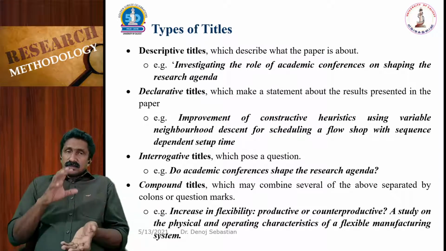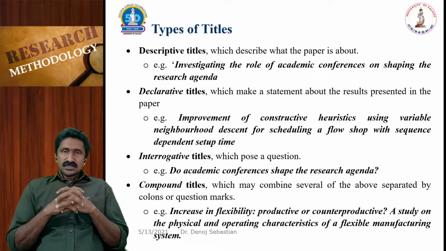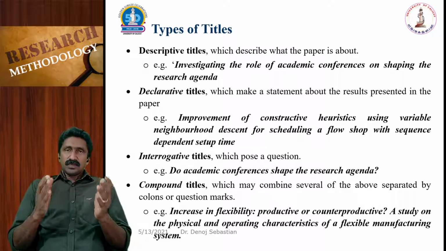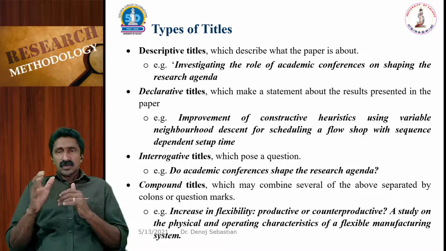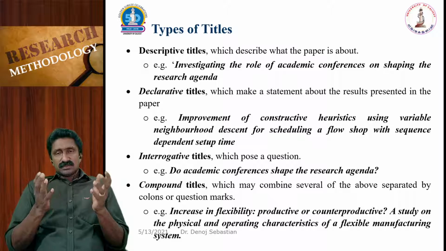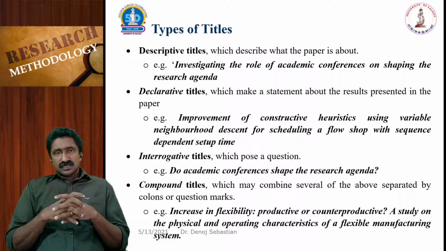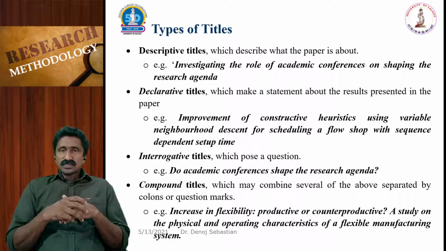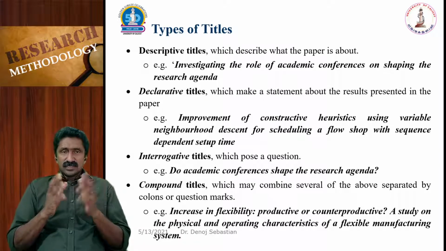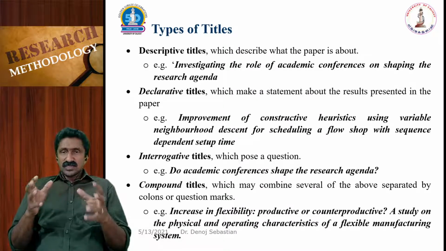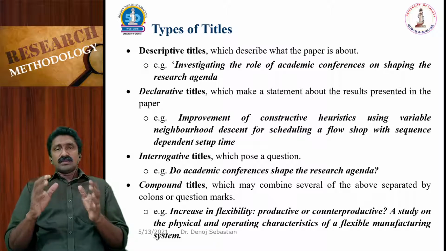Now there are four different categories of titles. The first one is a descriptive title. A descriptive title describes what the paper is about. So, for example, "Investigating the role of academic conferences on shaping the research agenda." Take it as a title. That is a descriptive title about the nature of the work. Whereas there are declarative titles, which make a statement about the results presented in the paper. So, for example, a declarative title is making some specific statement about that work. So, "Improvement of constructive heuristics using variable neighborhood descent